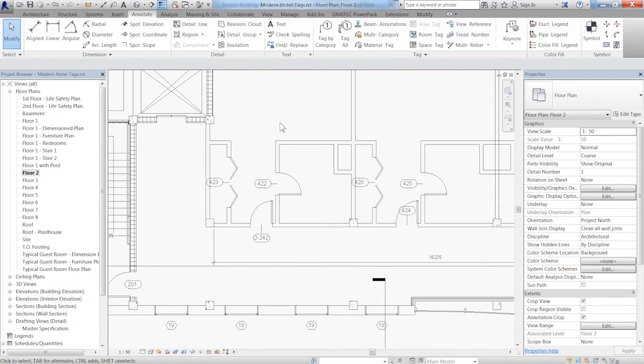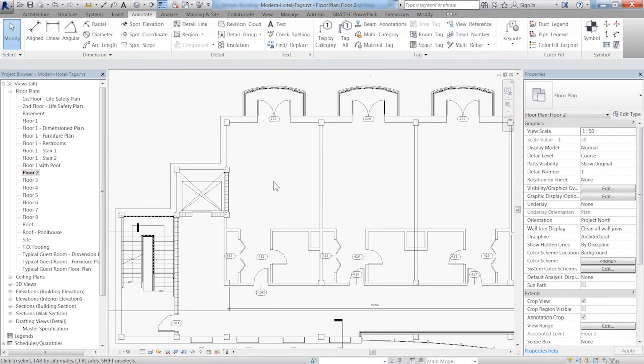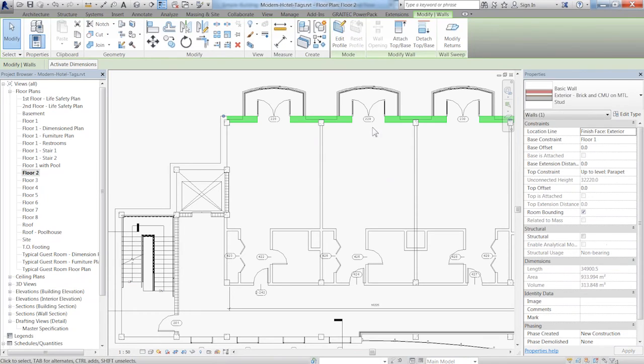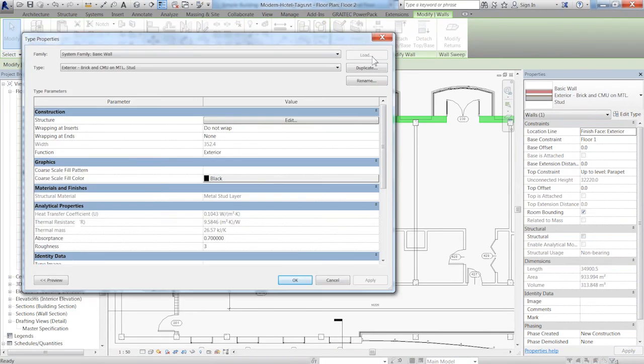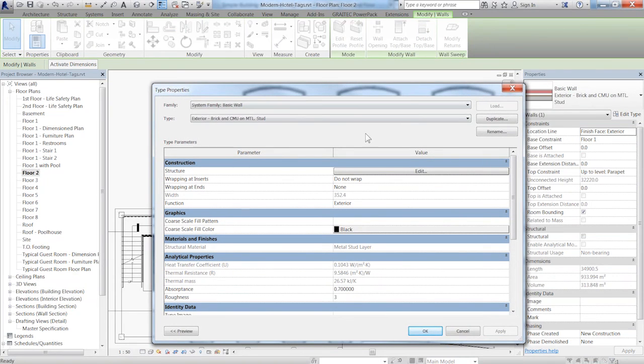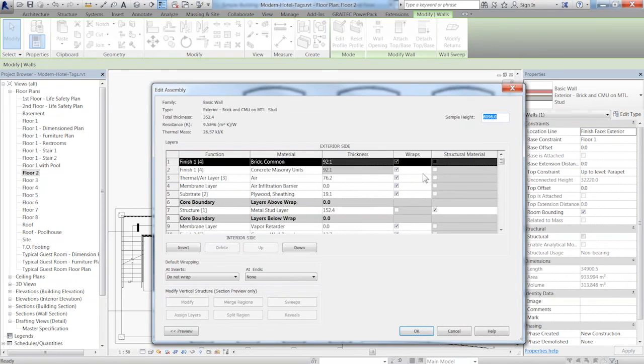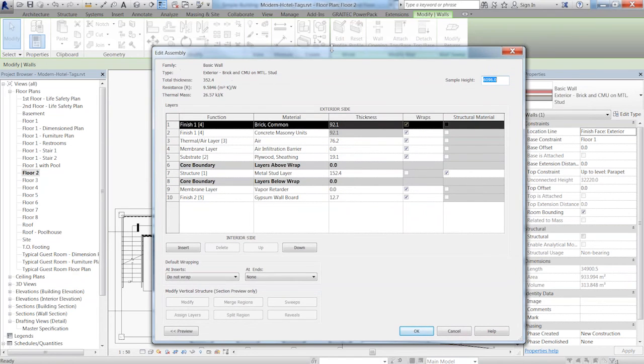Now, how well does it really know this information? This wall here, we've got a description of it, but what's it actually like? If we click on it, we can see there seems to be a nice icon here indicating what it looks like. But if we go to this area here and have a look at the type properties for it, and we click on where it says structure, there's an edit button next to it. Hit that, and there we go. Here is all of the build-up of that wall. It really does know exactly what it is,